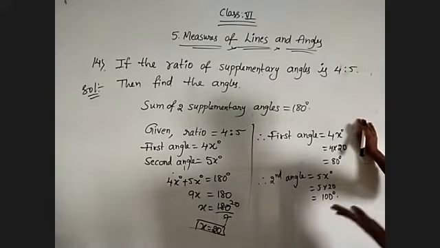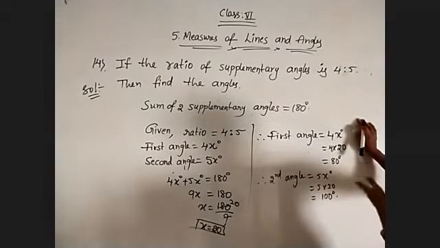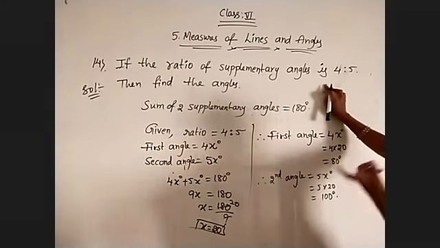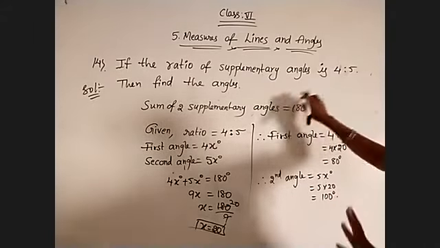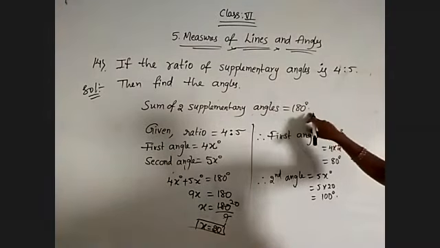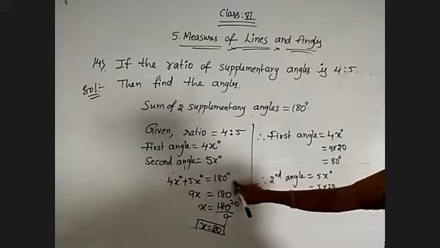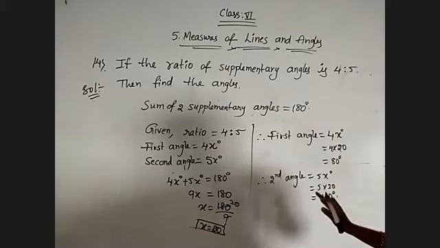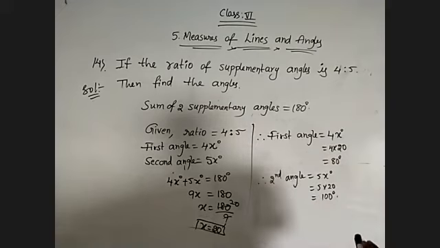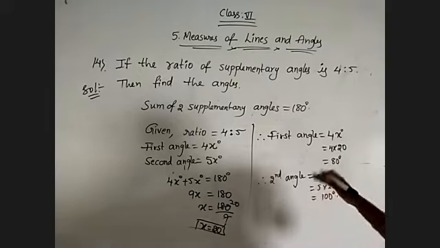So this is one of the methods when a ratio is given. See, for every question you can do like this if supplementary angles are given. If they give a ratio of complementary angles, in that case, just check that the sum of the two complementary angles is equal to 90. Take the angles equal to 90 degrees. You will get the variable value. After that, you need to find the first angle and the second angle. That's it. This is only one method, and other methods I will tell you later. So first observe it. Note down this.